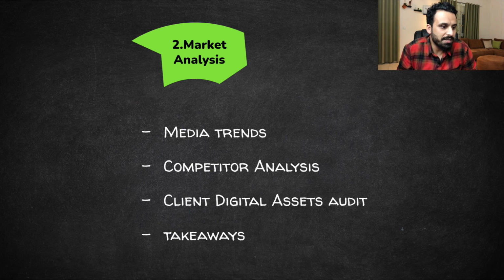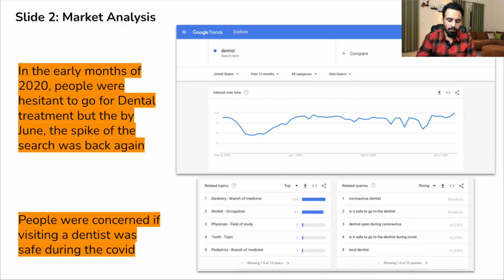For website and SEO audit, you can use tools like SEMrush, for which I'll provide the link below as well. So what you can do is, for example, if you are working on a presentation, I have given some examples. For our dental clinic, I have created one of the slides in market analysis, which shows screenshots from Google Trends, which shows that in early months of 2020, people were hesitant to go for dental